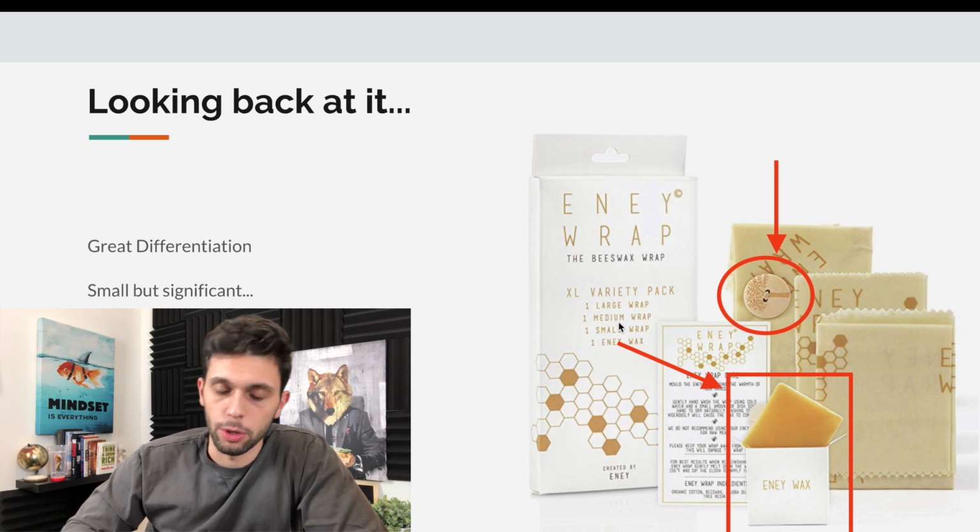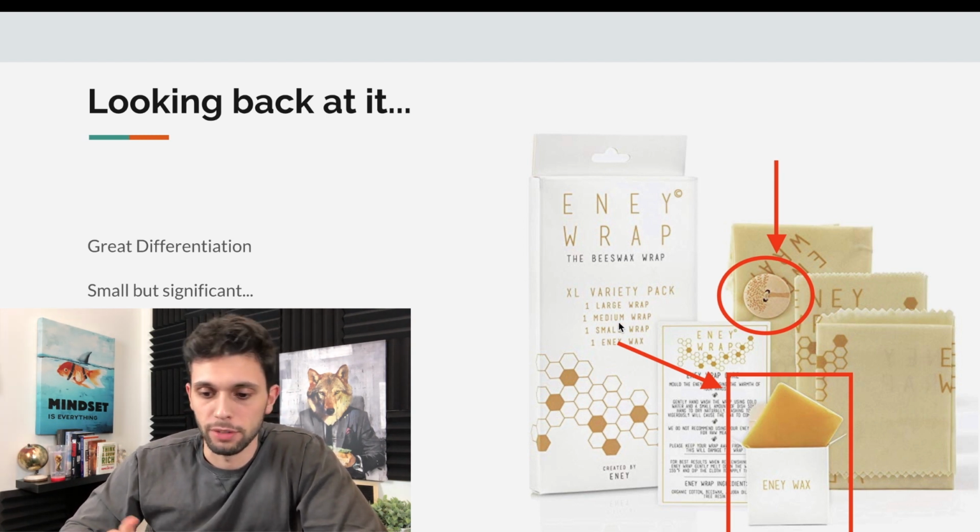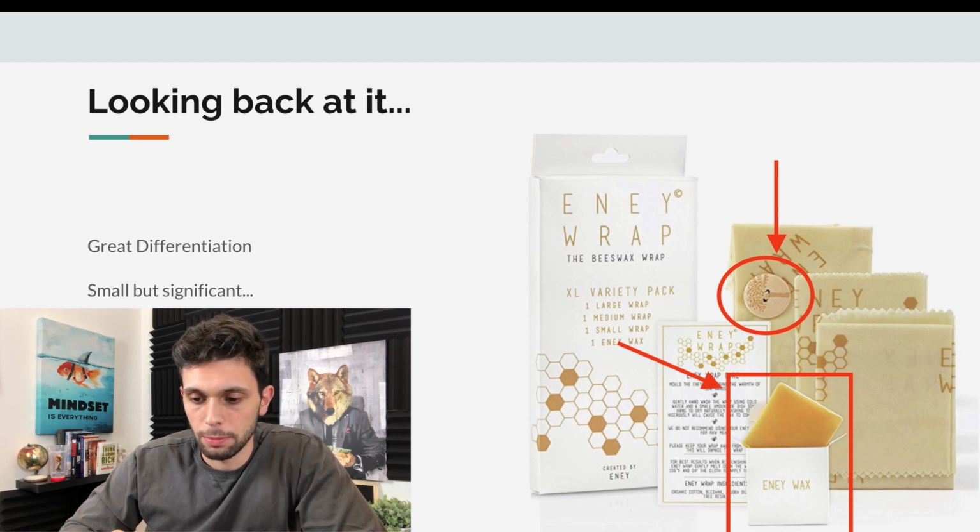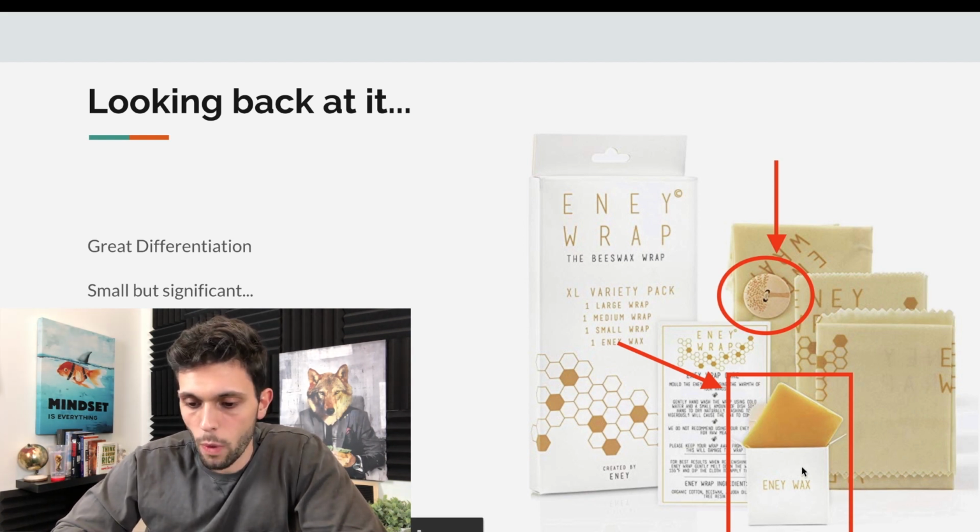So again, this is someone who is selling right now, literally right now. If you type it in, you can find this person. They're selling very well. And they did a similar differentiation to what I was going to do. They have the button here with a little design, very nice. And on top of that, they have a wax